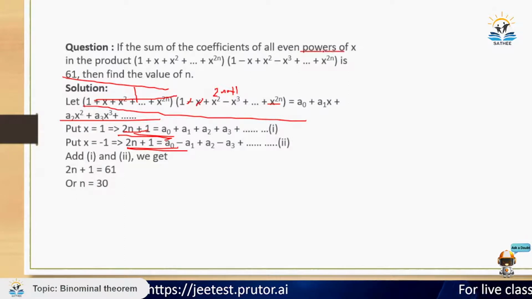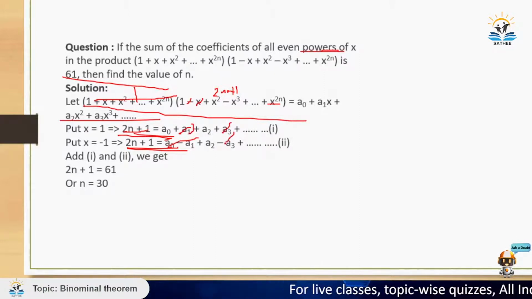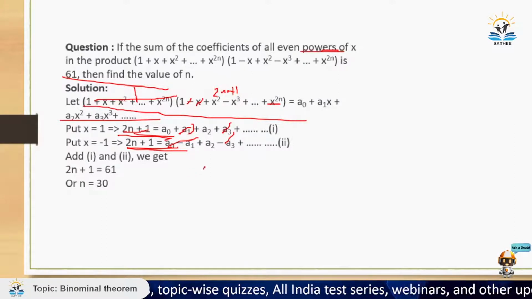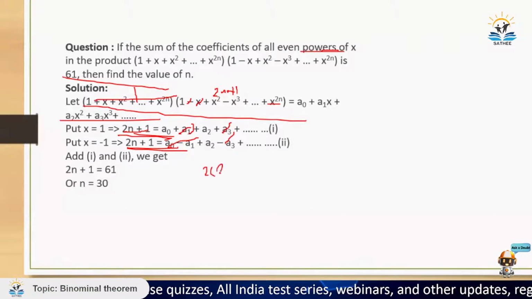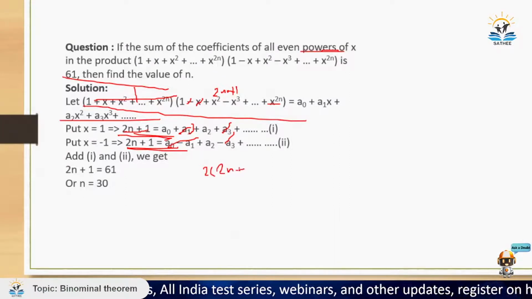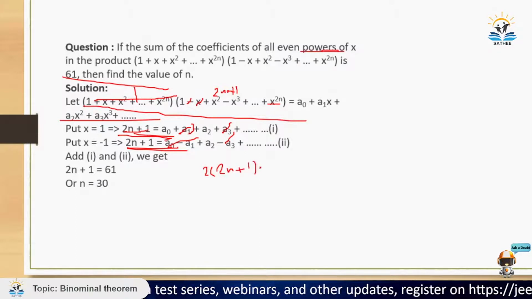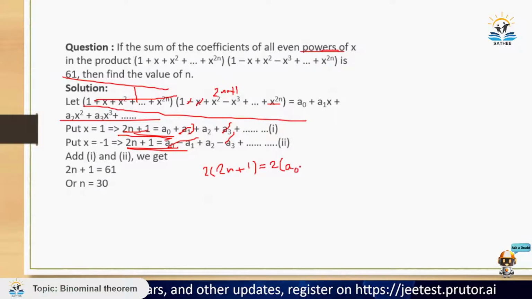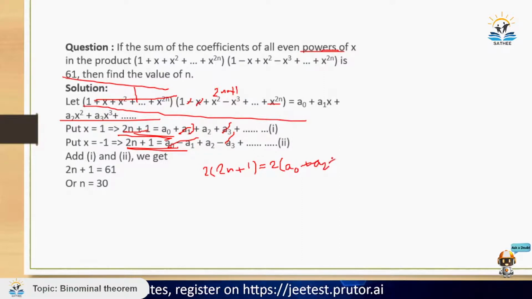ठीक है, अब मुझे क्या चाहिए, मुझे चाहिए सम ऑफ कोफिशिएंट ऑफ ऑल इवन पावर्स ऑफ x। मुझे सिर्फ इवन वाला चाहिए। इवन वाले के लिए क्या करूंगा, मैं दोनों को ऐड कर दूंगा, जब दोनों को ऐड कर दूंगा तब जो ऑड वाले हैं वो कैंसिल हो जाएंगे, a1 और a1 कैंसिल हो गया, a3 और a3 कैंसिल हो गया। सिमिलरली a5 और a5 वाले कैंसिल हो जाएंगे, जितने भी ऑड वाले होंगे वो सारे कैंसिल हो जाएंगे, सिर्फ इवन वाले बचेंगे। तो 2 × 3^n... जब मैं दोनों को ऐड करूंगा तो मुझको मिलेगा, 2 × (2n+1) = 2 × इवन कोफिशिएंट्स, सारी इवन कोफिशिएंट्स a0 + a2 + a4